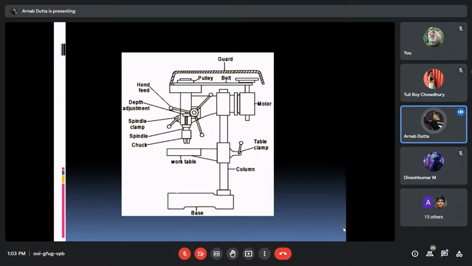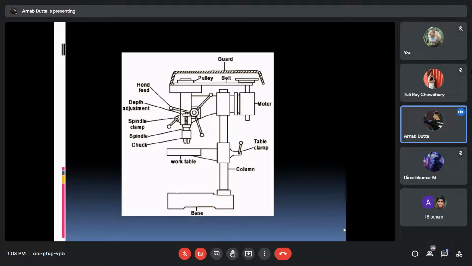And this is the diagram of a drilling machine, which consists of the base, which is generally made of cast iron, and the base acts as the support for the column, which holds the overhang, which holds all the mechanisms, like the gear mechanism and the feed mechanism.